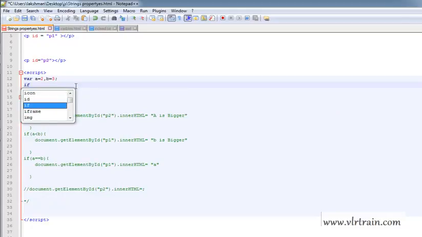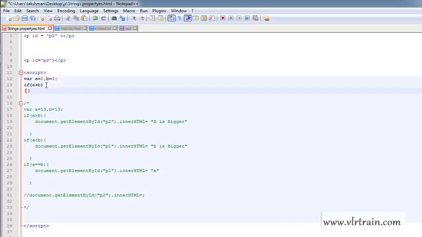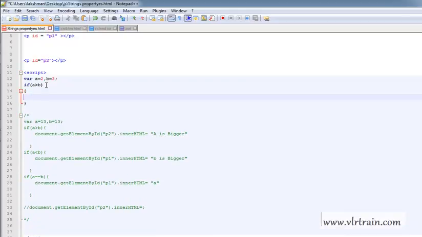If a is greater than b, print document dot getElementById p2 innerHTML, "a is bigger".